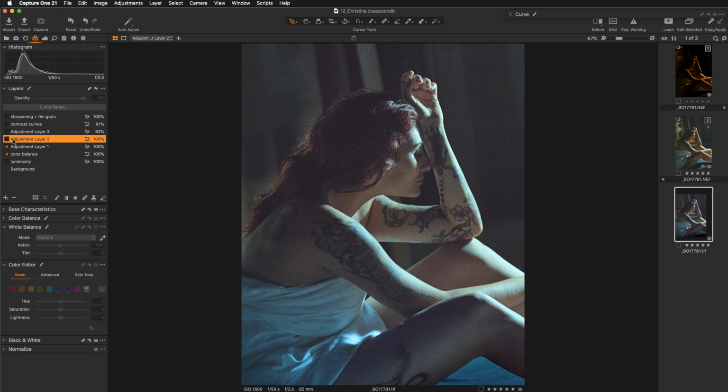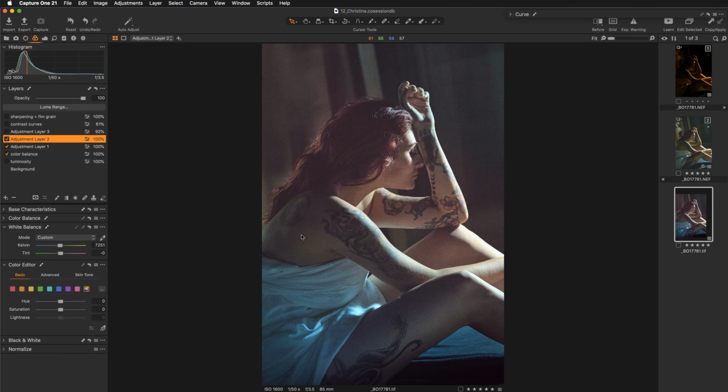Then I've created the second gradient. This is for the middle. So my idea was to create one warm gradient here in the middle of the image for the skin tones for the face, and add one more here from the top. This will be the third gradient, and again go crazy and introduce some blue cyanish light. On this layer, if I hit M, you will see the overlay, but I have used eraser to adjust the